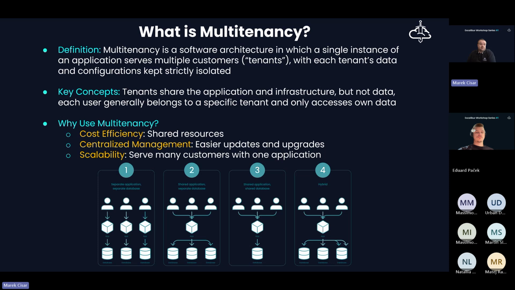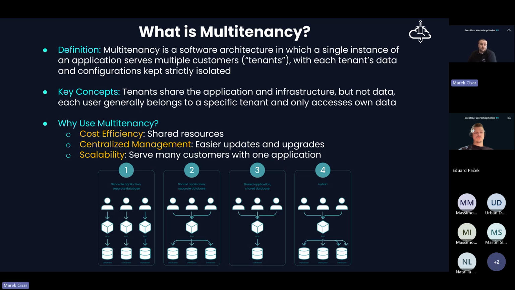So each tenant, in the best scenario, must be completely separated, as an organization or department or maybe a business unit within the same organization. And all the data, configuration, and user accounts are completely isolated, not visible to each other, and private.